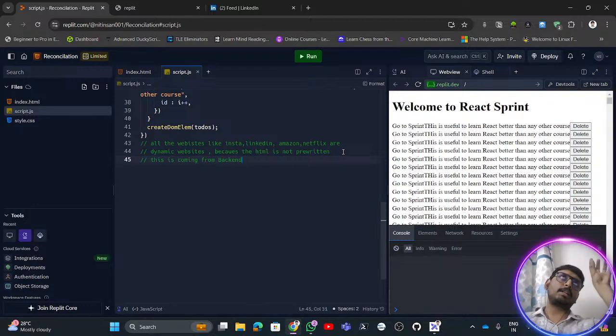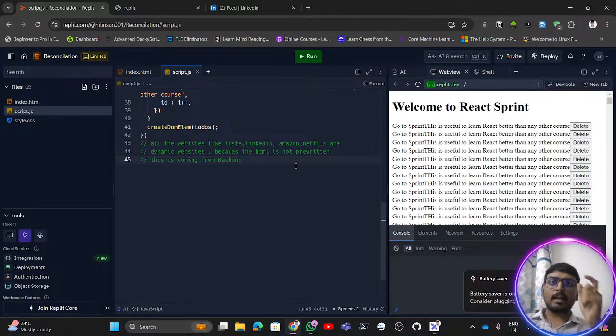There is actually a server present at some other point. Whenever I'm opening my LinkedIn and just scrolling randomly, the content is being carried from the backend to the given front end, and it is displayed on the screen. So dynamic websites, on a simpler level, are websites where the content is actually